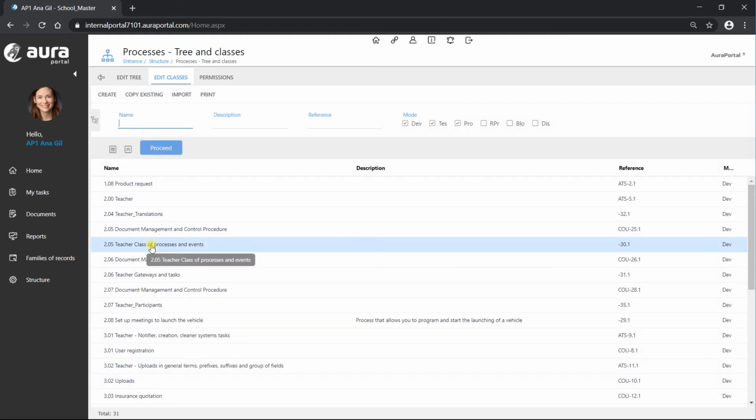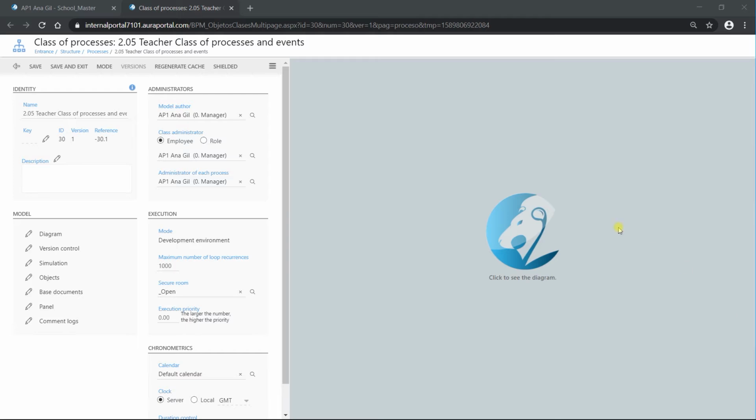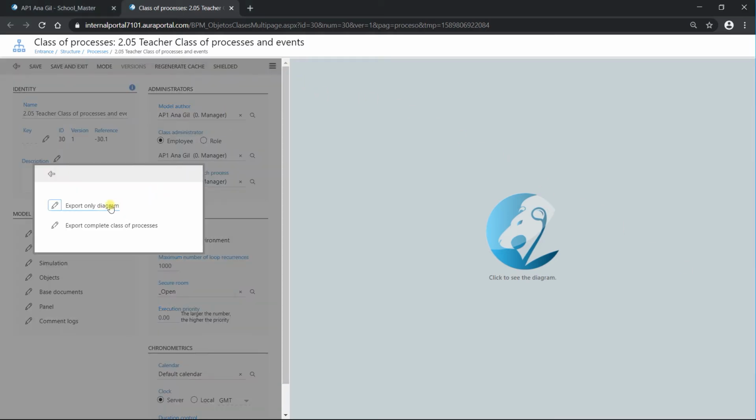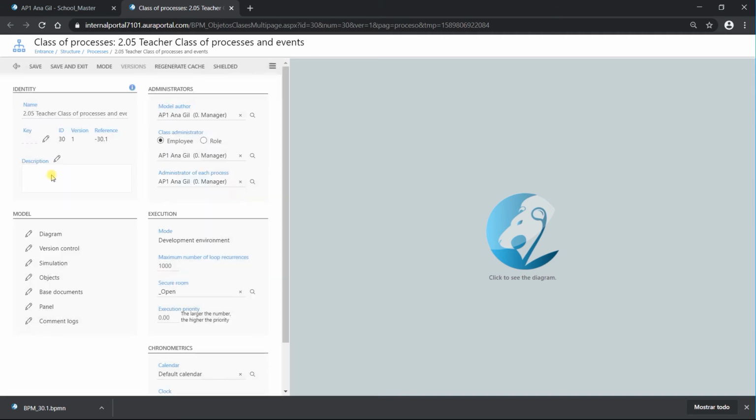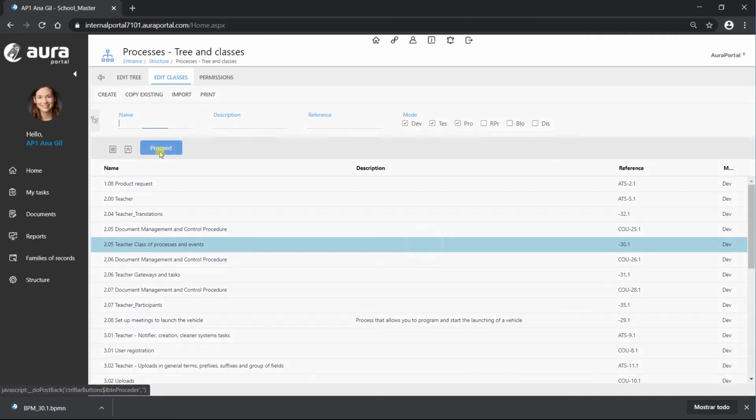Let's use this one, and then we go to export. As we have said, we only want to export the diagram, and it'll be here. Okay, save and exit, and now